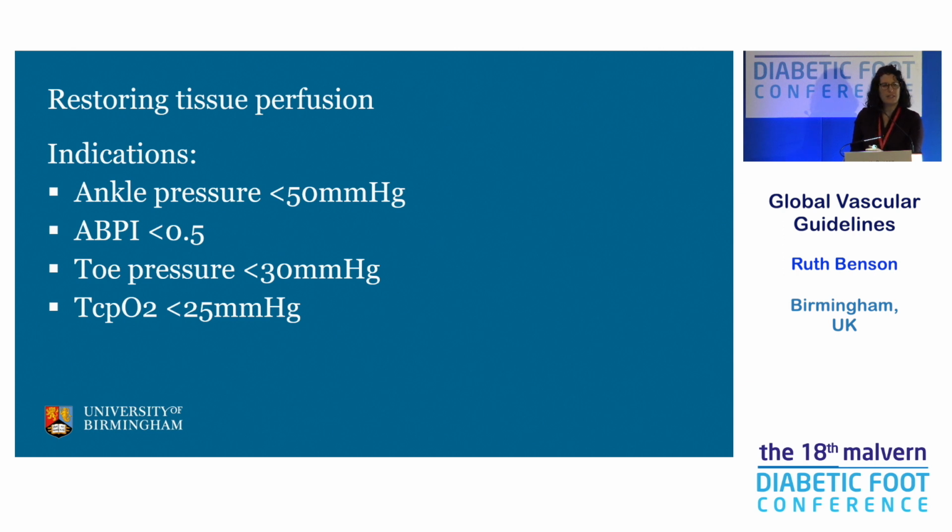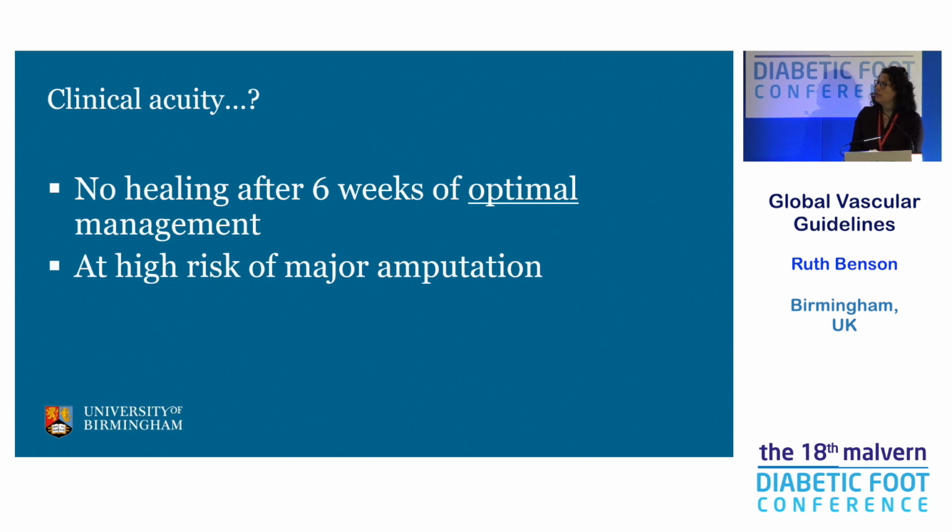Toe pressure is a very large part of what we do as well. Often we have patients with wounds that can't accommodate the ankle cuff, but also we know that with their calcified distal vessels, if they've got confirmed peripheral arterial disease, an ankle pressure will be falsely elevated. There is obviously room for clinical acuity, and even if you are unsure about revascularizing them because you don't think that their blood supply is compromised sufficiently to explain why they're not healing,